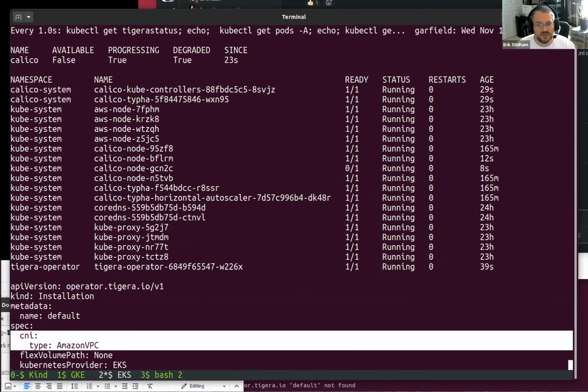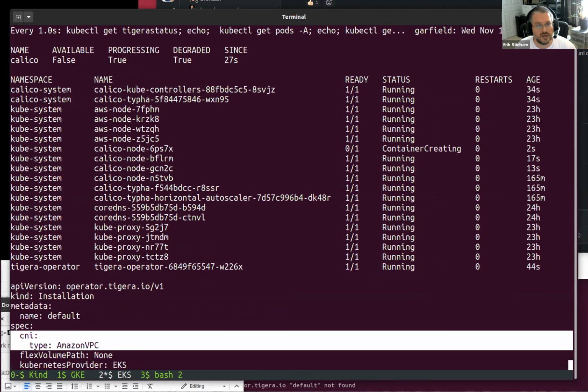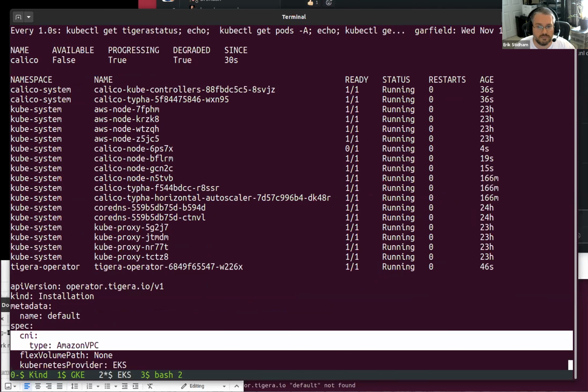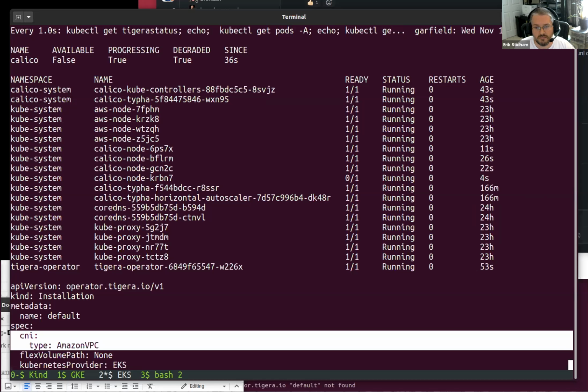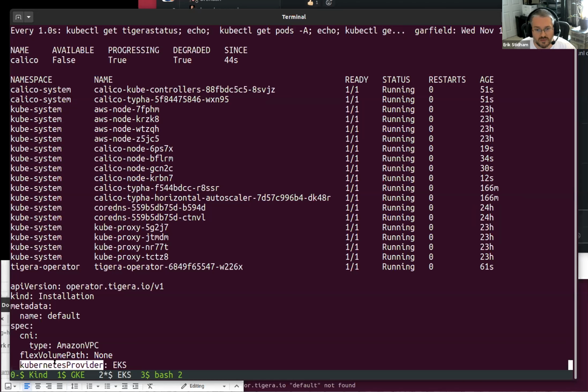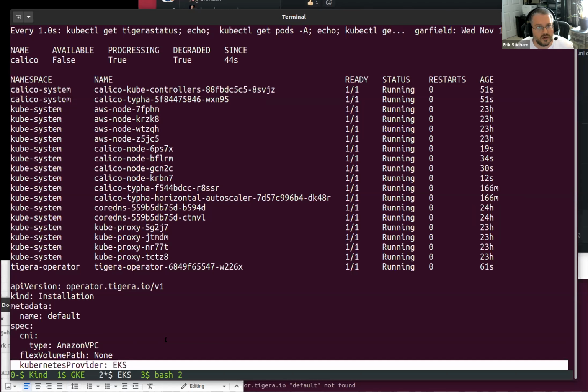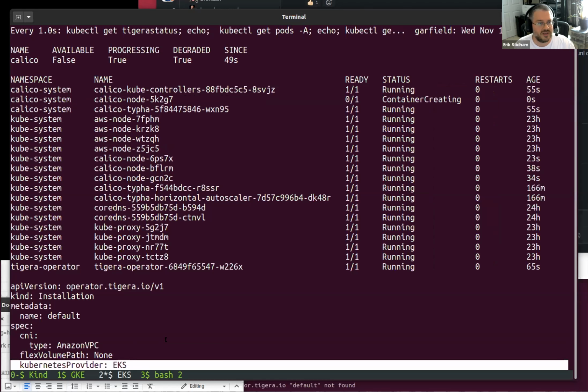We can see that we have detected that Amazon PPC is the CNI plugin being used. So the operator is going to roll that out. I don't know if there's any more I need to show. Oh, actually, you can see there also that we even detected that we're on EKS, though that's not actually a new migration thing. That's something we've done for a while.